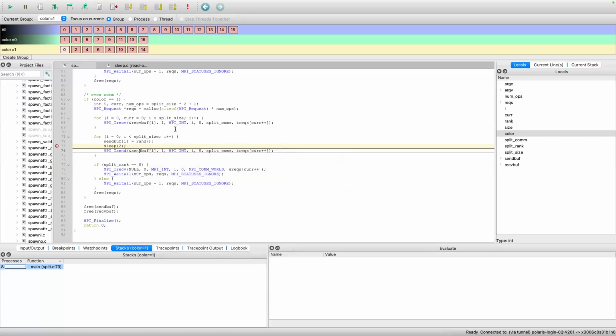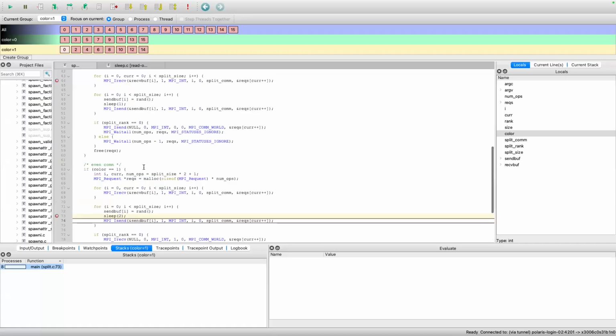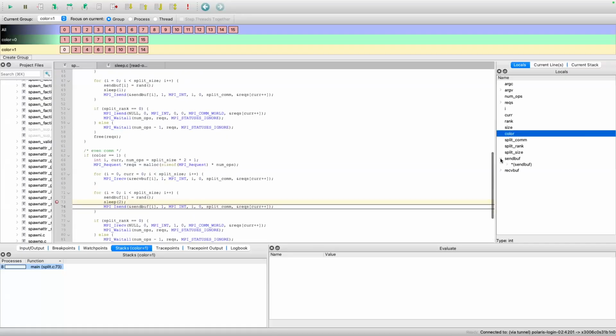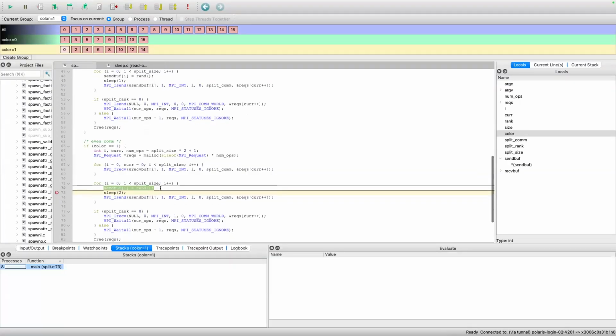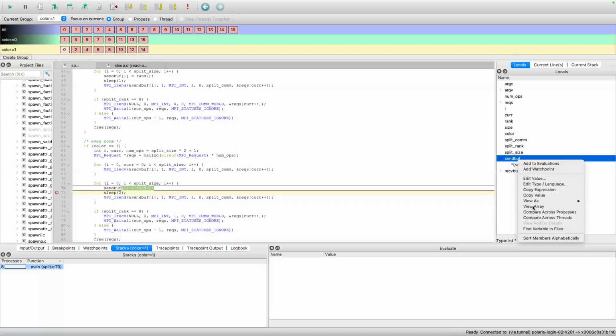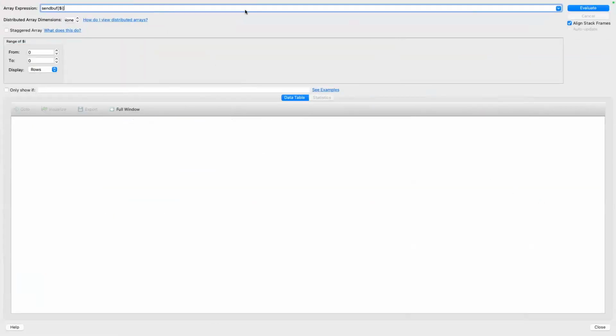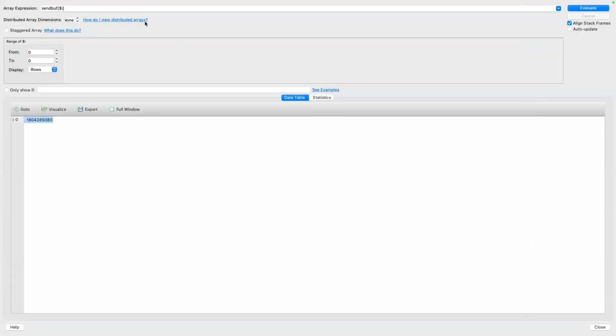Okay, so this send buffer is all just random numbers that we push into this buffer. So it's random numbers, and we can evaluate that as well through the send buffer. And if we view this array, we can visualize everything that's happening in this buffer. I mean, it's just random numbers, but if you have an application that's got a little bit,